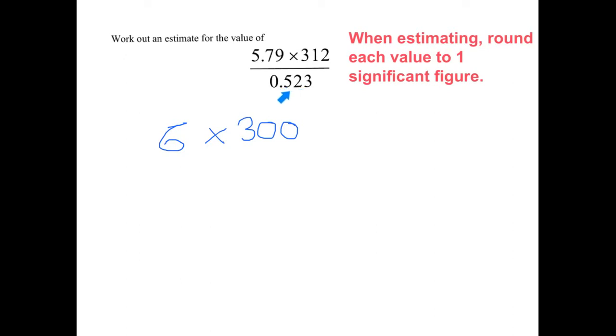And underneath here, the significant figure is in the tenths column, so we're going to round to the nearest tenth. Remembering the rule for all of these, that if the number after the value that we're looking at, the significant figure, is 5 or more, we round up. If it's not, we keep the figure that's there. All right, so what we've got here is 6 times 300 divided by 0.5. And now we've all got a mark if we've managed to do that. As with the other one, there's our first mark. For our second mark, what we need to do